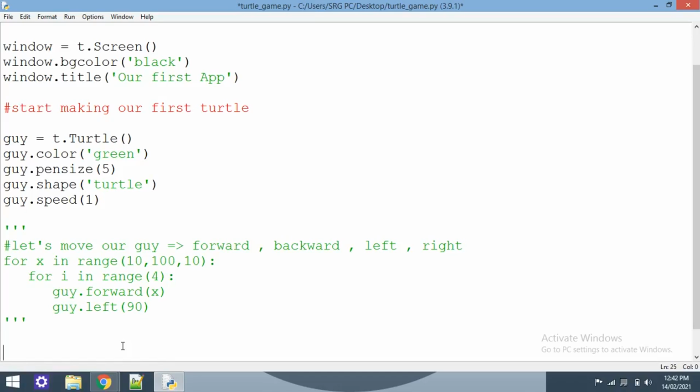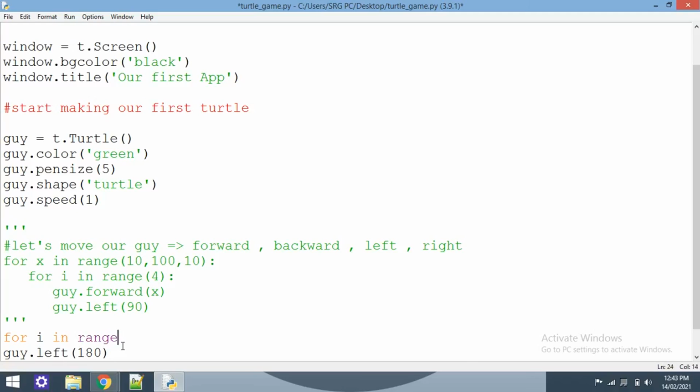So we need to use a function like left, let's move left side and 90 degrees. Oh, I think it will be 190 degrees. I don't know. Let's have it, and let's have a for i in range 10 times.